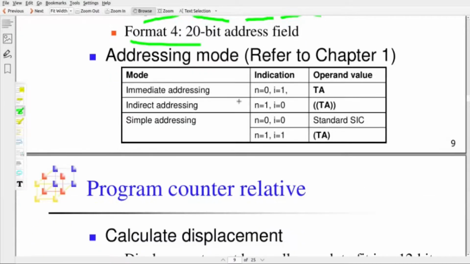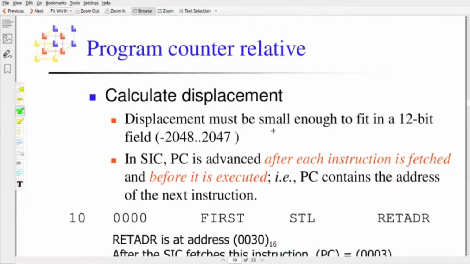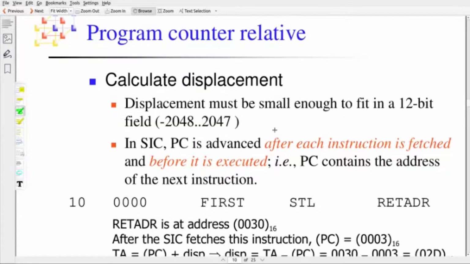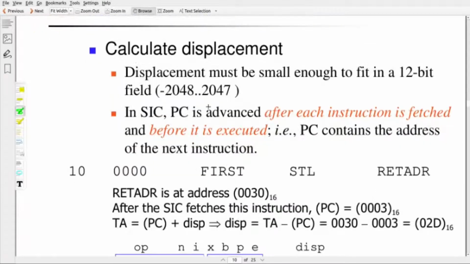Then there are certain addressing modes that are also supported in SIC/XE: immediate addressing mode, indirect addressing mode, symbol addressing mode, etc. One example we will see is how to generate object code and displacement for a memory reference instruction where the program counter is the main reference, using program counter relative addressing mode. We are checking how to calculate the displacement. If it is program counter relative, we know that the displacement is from minus 2048 to 2047, so a maximum of